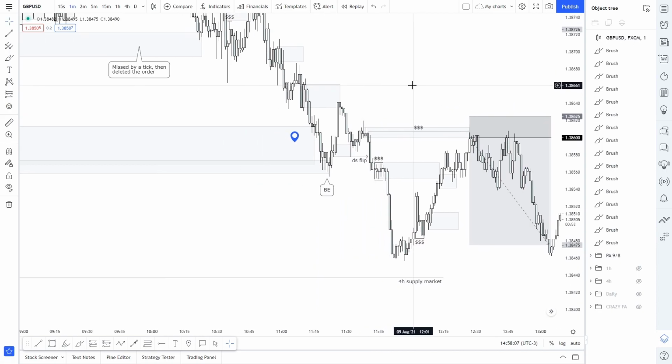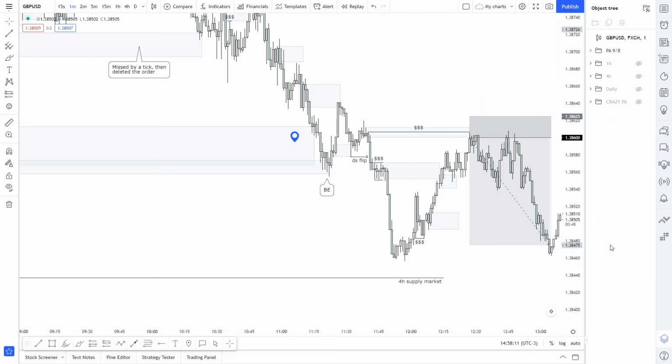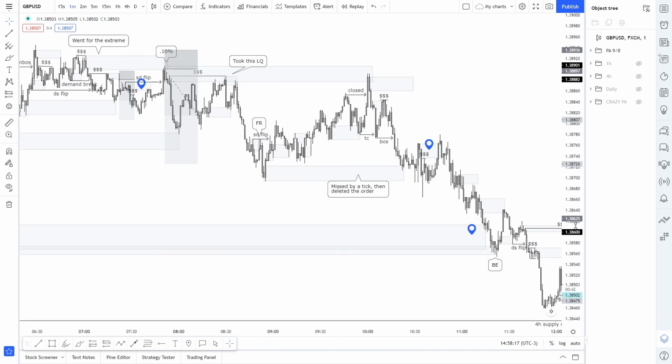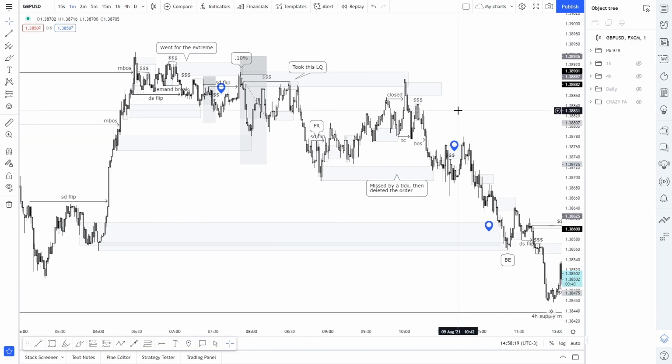This way of trading is a little bit aggressive, as you shouldn't really take every supply and demand flip. In a day that it didn't work out as great as other cases, it still gave you a 2% profit,